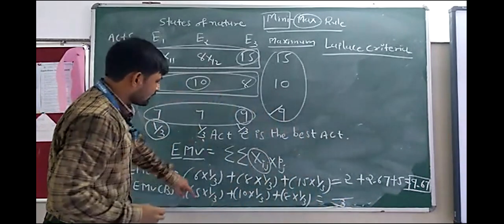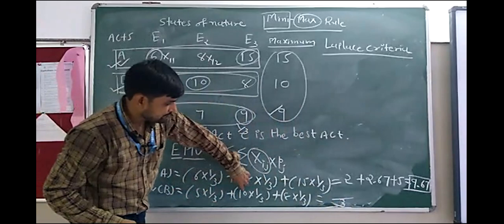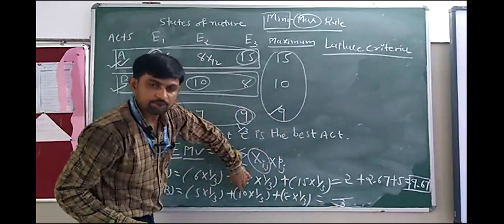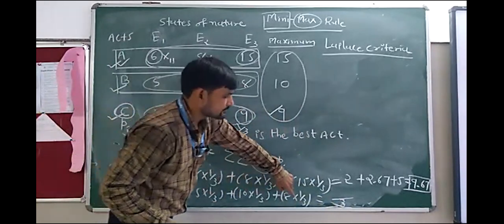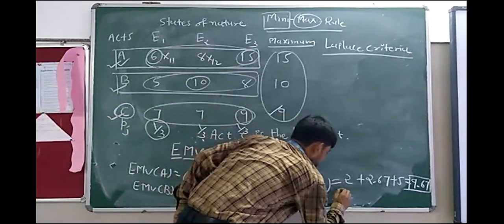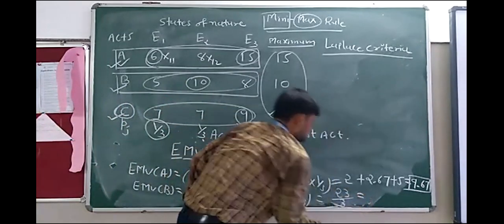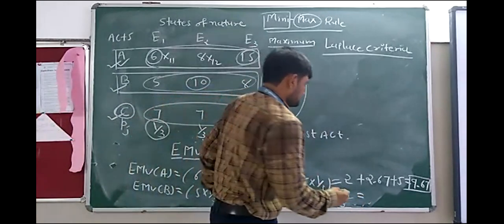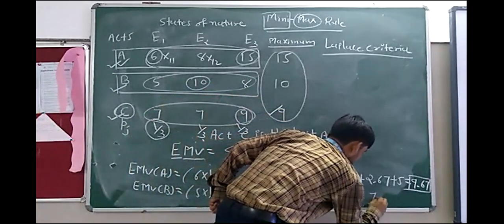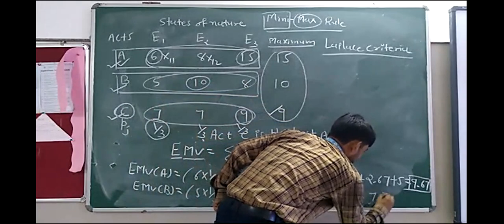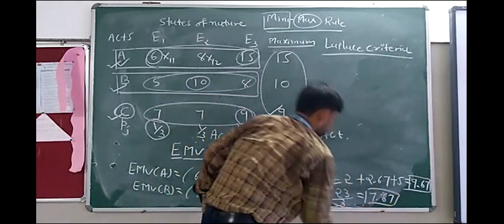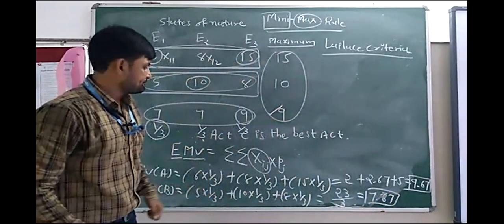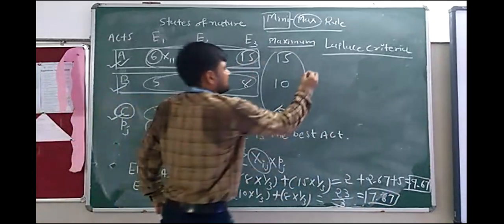Now add all the numerators: 5 plus 10 plus 8. So 5 plus 10 is 15, and 15 plus 8 is 23. So now divide this. So 23 by 3, that is 7.67. Okay. Then we'll find